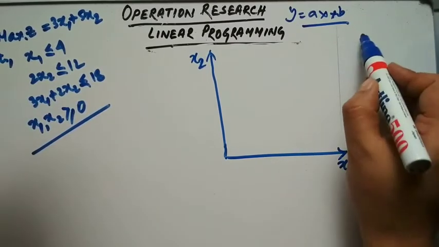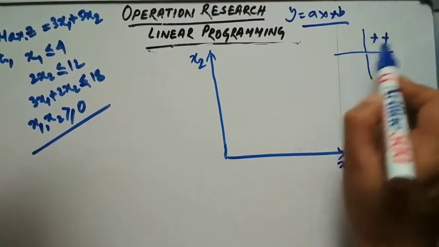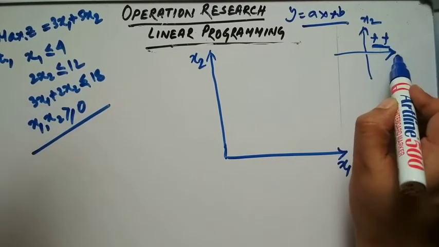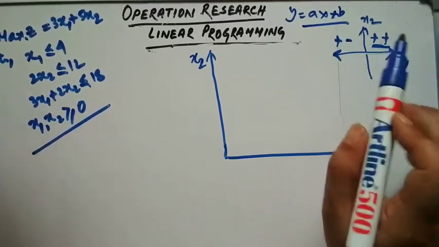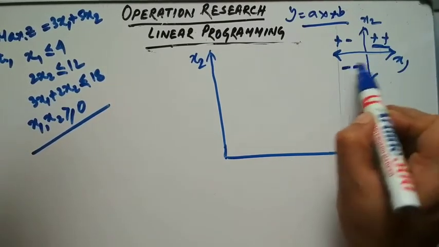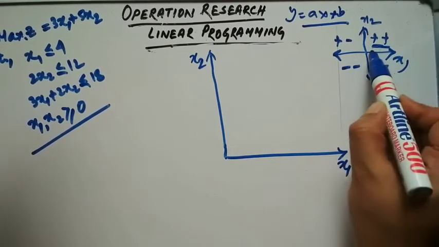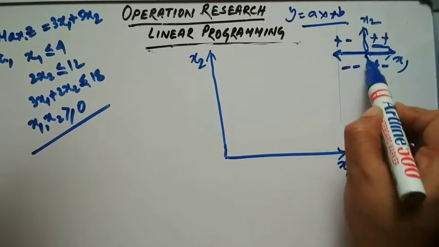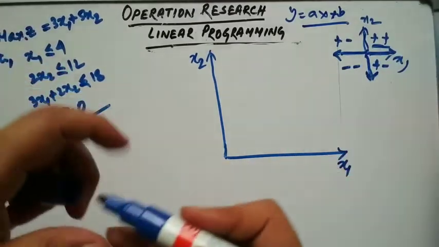And look, you already know this one. This is the plus plus quadrant, for both variables. This quadrant is both plus for both the decision variables. This is plus minus, you can say. You already know, you have the concept of coordinate geometry. This one has minus minus for both, and this one has plus and minus. So this is the positive, this is the negative, and this is also the negative side. Okay, so just keep in mind this one. Okay, I will solve the problem now.